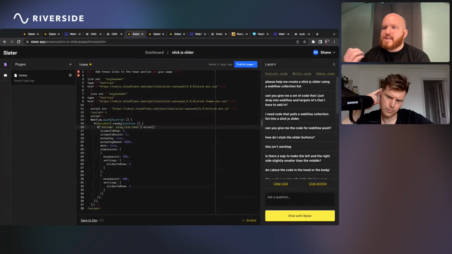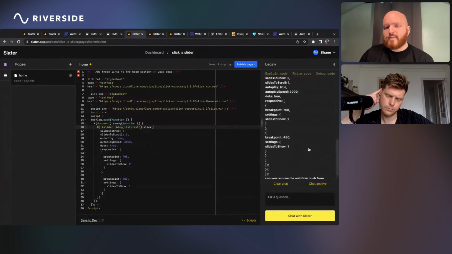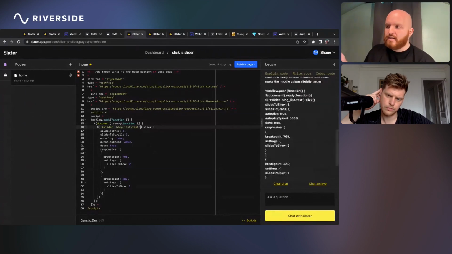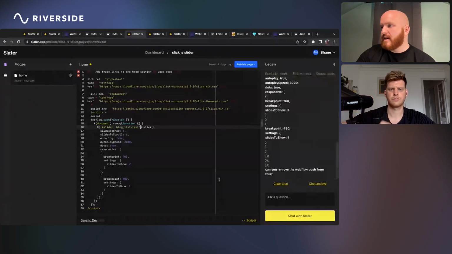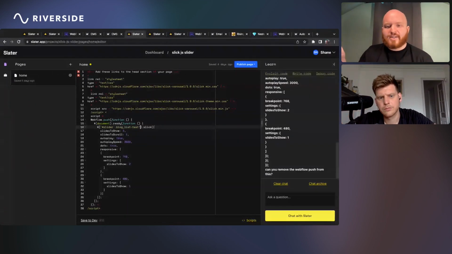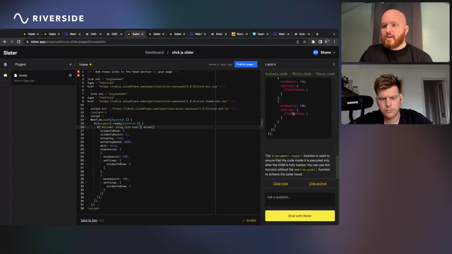But if you don't even want to think that far, I would just think in plain English. Go to Slater with plain English, see what it gives you, drop it in Webflow, and publish the page. And if you don't know, ask it, how do I implement this into Webflow? It's normally very clear and gives you very good responses. I don't see one here, but I ask it a lot. Even if I know how to do it, I'll just ask it, hey, can you tell me how to implement this, just so I know and I'm not wasting time and then publishing again.